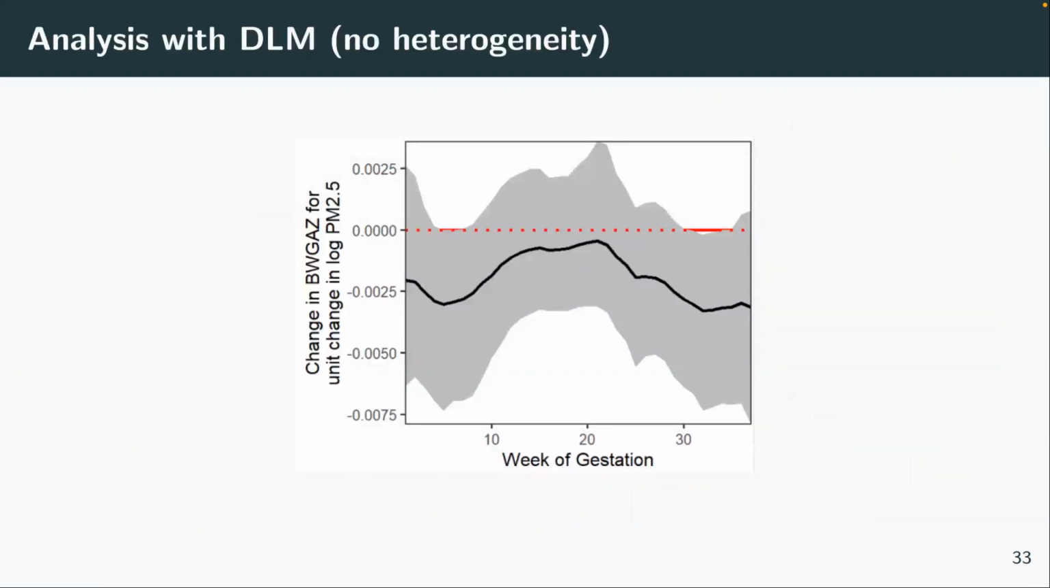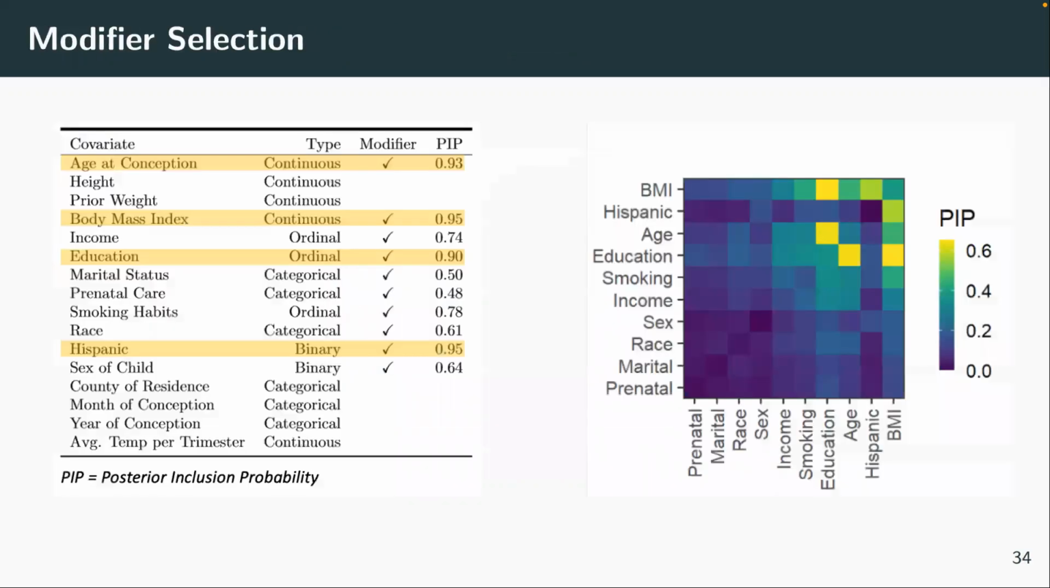So if we fit just a single model, no heterogeneity to our data, we get a distributed lag function that looks like this. We get this suggestive sliver of an effect in early pregnancy and a small critical window in late pregnancy. This is PM2.5 and birth weight again. But when we fit our heterogeneous one,